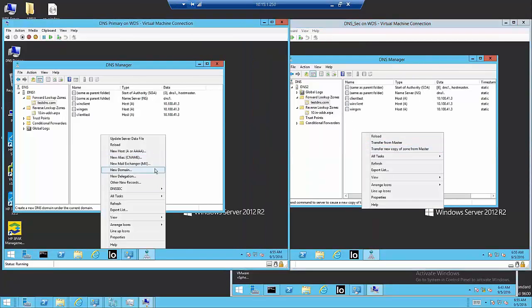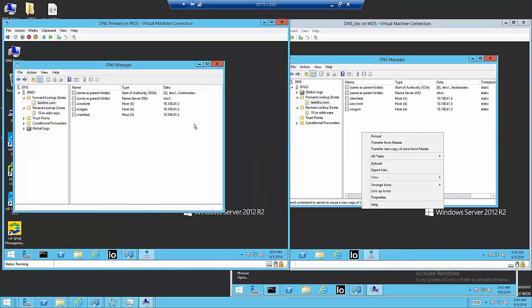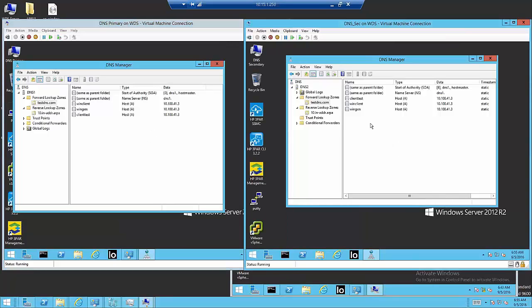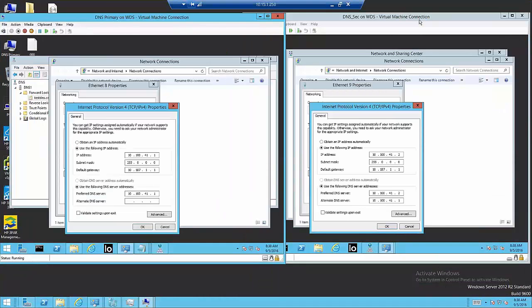Here, since you have the options to create records, even if you want to change the timers, you still need to do all the changes in the primary. Secondary will just get the changes. So to conclude this lab video,